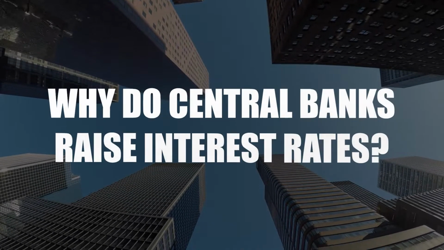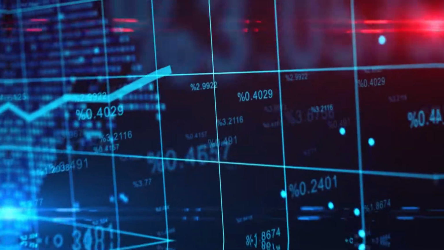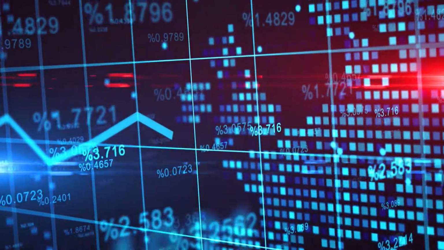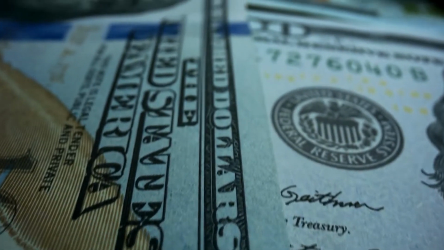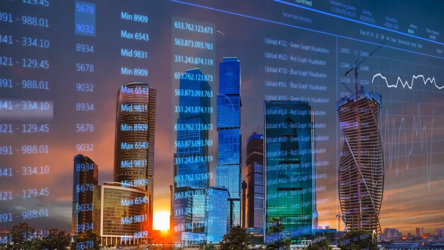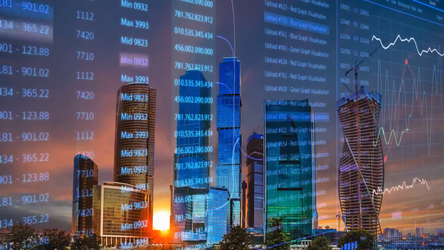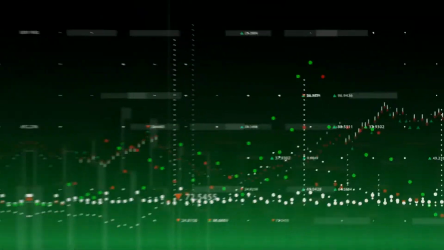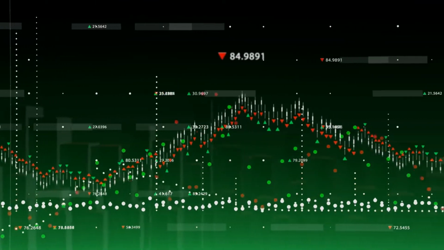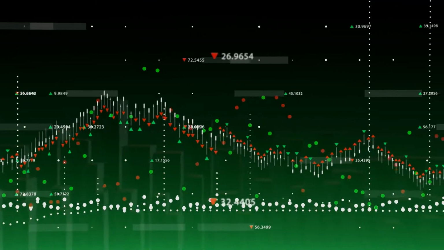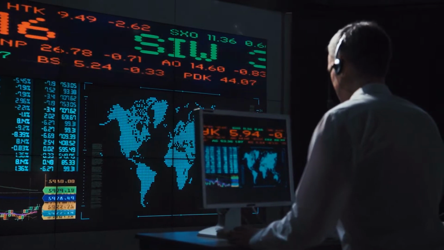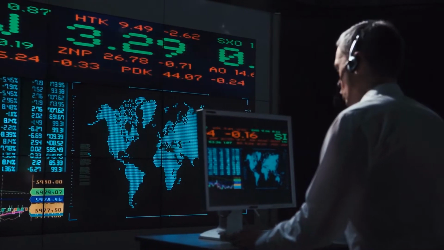Why do central banks raise interest rates? There are a few different reasons why central banks may raise interest rates. One reason is to combat inflationary pressures. If prices are rising too quickly, it can be helpful to raise rates in order to cool down the economy. Another reason for raising rates may be to support a currency that is under pressure. Making it more expensive to borrow in that currency makes it less attractive for speculators and helps prop up its